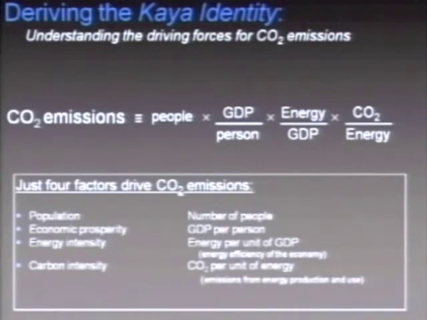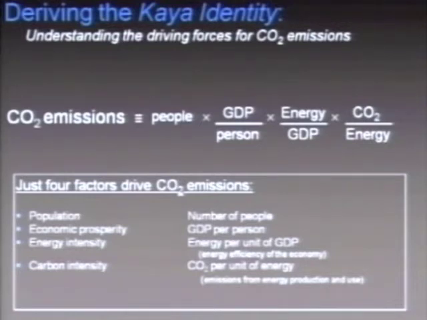So understanding this framework helps us understand all the discussions about emission reductions. It's simplistic, it leaves things out, it's incomplete, but it really helps us understand the meaning of what's behind what people are saying. And it's really just these four factors that drive CO2 emissions: population, the affluence or economic prosperity, the energy intensity, how much energy it costs us to gain wealth, and the carbon intensity of those energy sources. And adjusting all these things has an influence on our emissions.